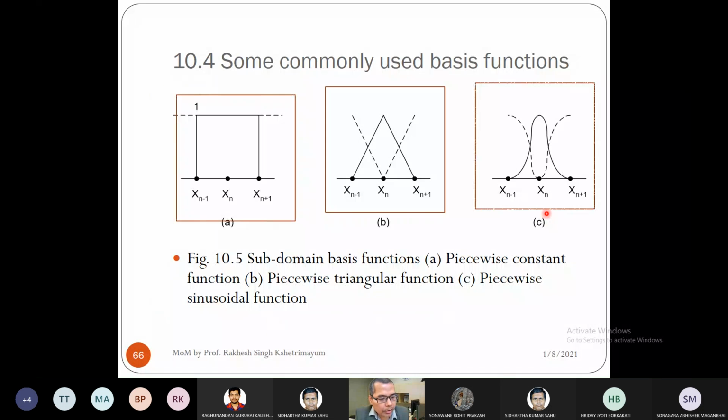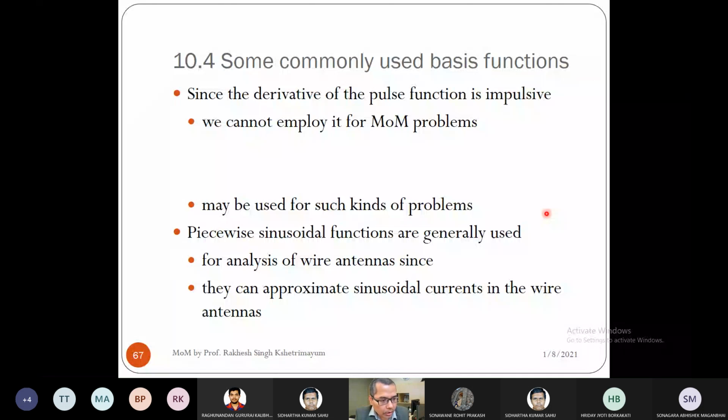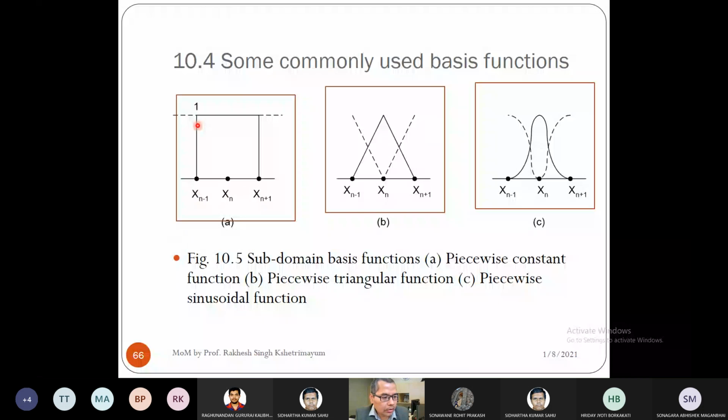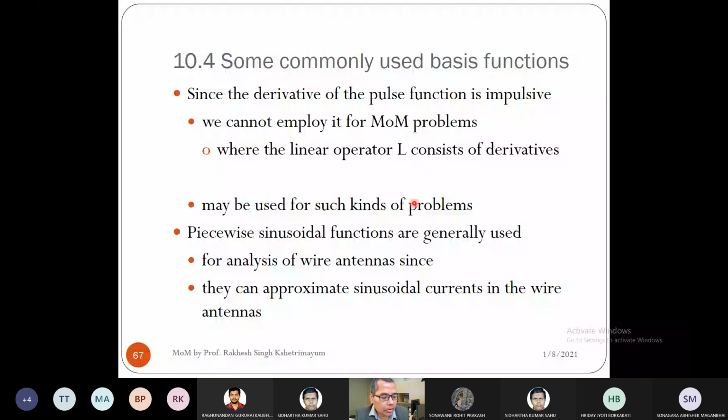So the problem with the pulse function, I have already mentioned, one was the boundary condition. Another thing is that when you take the integration of this pulse function, what happens to this point here? This point has a discontinuity here, this point has a discontinuity here. So you'll have infinite value here over the differentiation. If I have an integral differential equation in which I have a derivative, then I cannot use this pulse function because this is discontinuous. So usually the most commonly used basis functions are either triangular basis function or piecewise sinusoidal